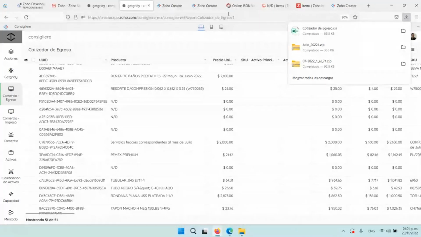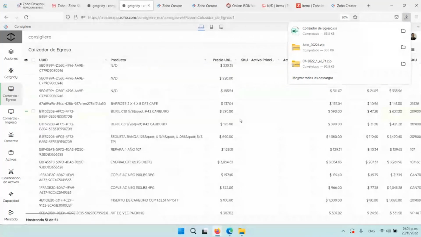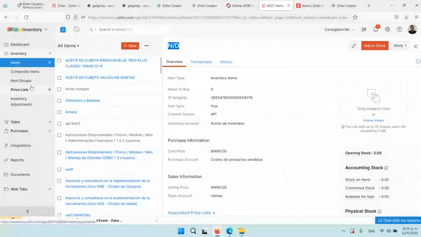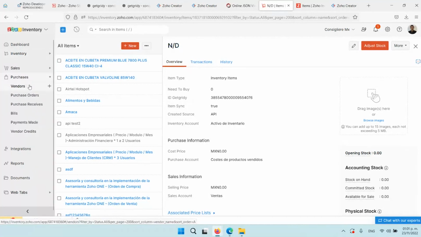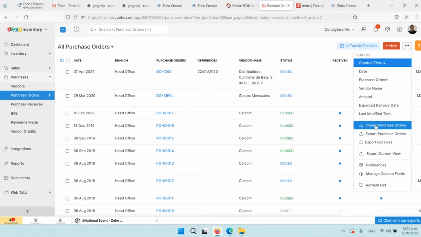Okay, so we got our unified file with all of our values that we need to map back into inventory and communicate, right? So now we could use any of these files, or just, as mentioned, I don't think we should go to all of these APIs because it's the same principle of how we do it. But now I could just go to my purchases, purchase orders, and I can just import